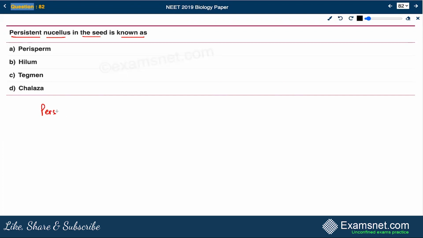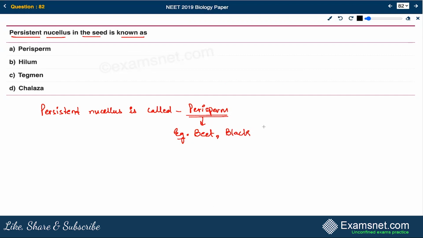So the persistent nucleus is called perisperm. Remember, perisperm. And one of the best examples of perisperm includes black pepper. Then there is beetroot. All these are the examples. So there is beet. Then there is black pepper, where the nucleus remains persistent even after the process of fertilization